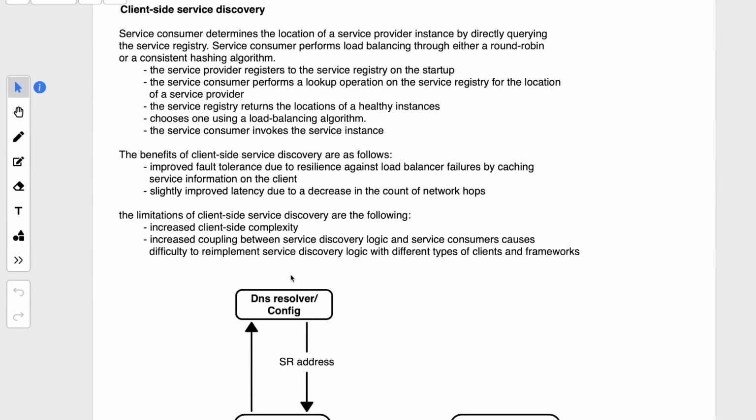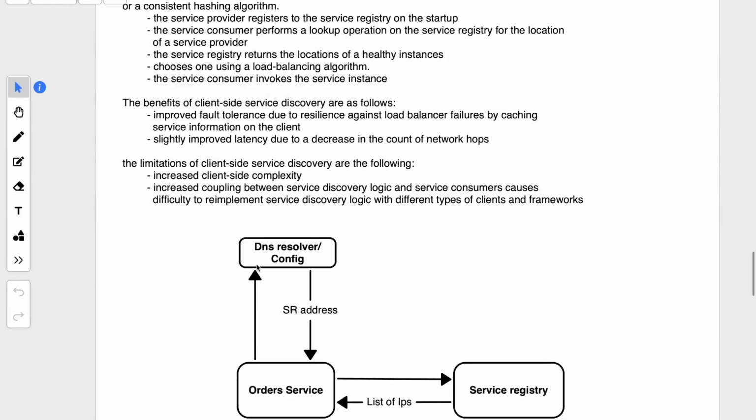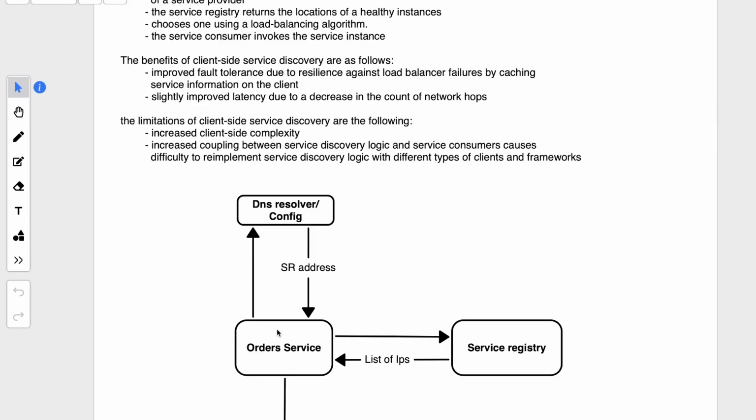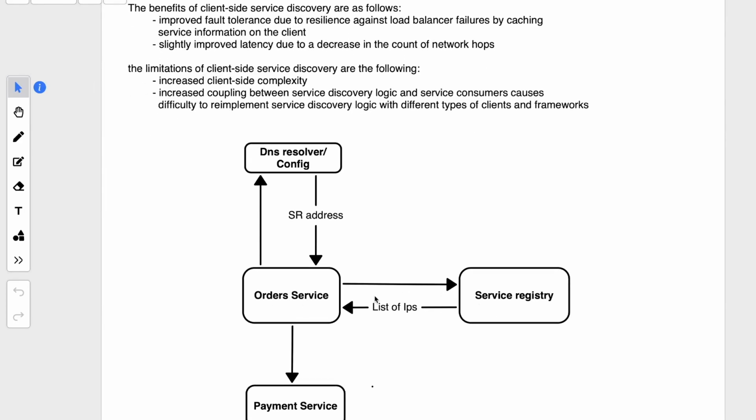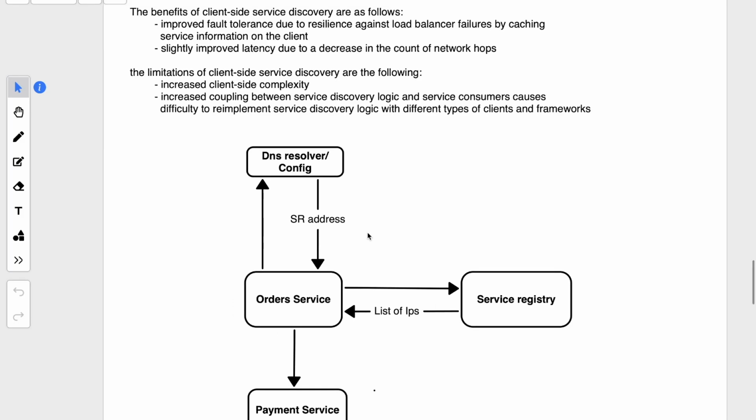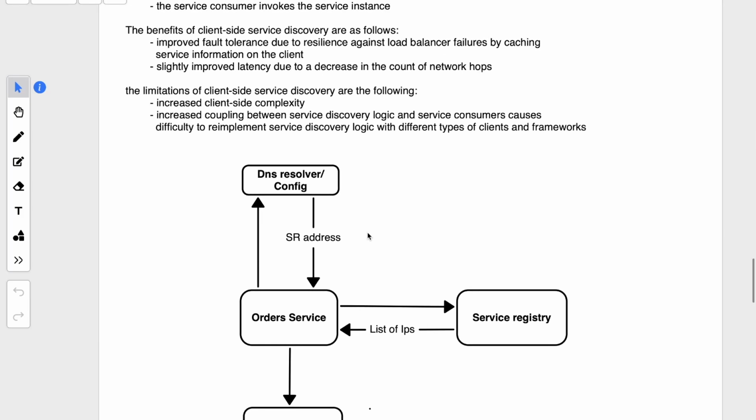So the problem with this approach is that the complexity on the client side will be more, and there will be tight coupling between the service discovery logic in the order service and the service registry. They will be tightly coupled, and it's also difficult to implement because there is no separation of concerns, right? Like it's doing too many things. It has multiple responsibilities. So this approach is not used much actually,